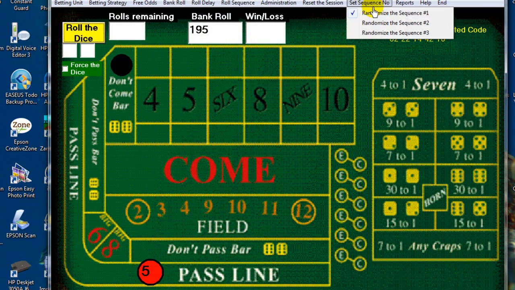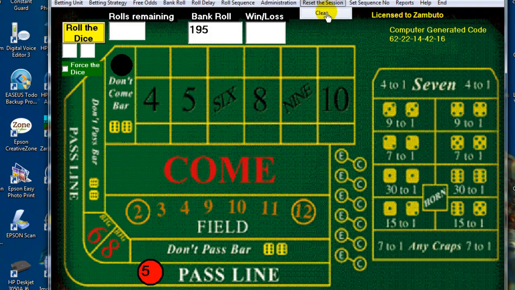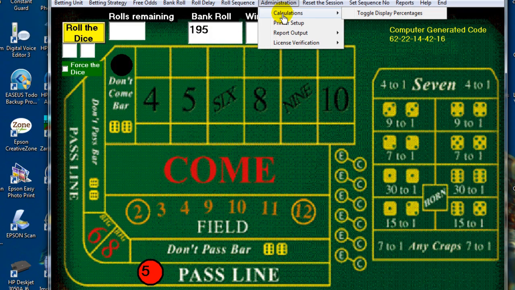We'll see we have reports here, sequence numbers. I'll show you that in a minute. You can clear the session. Administratively, you can toggle percentages. This will show you how consistent the session you're running is with the statistical odds of the numbers on the dice. You can set up a printer,